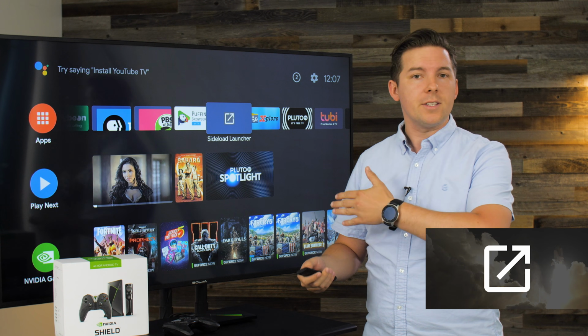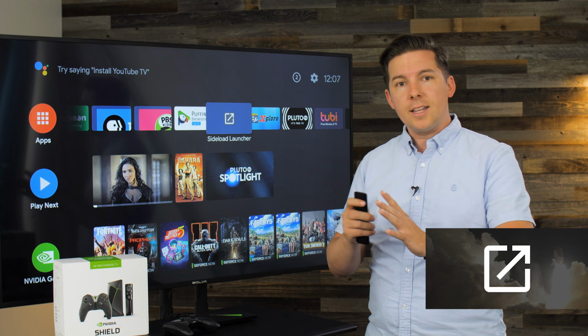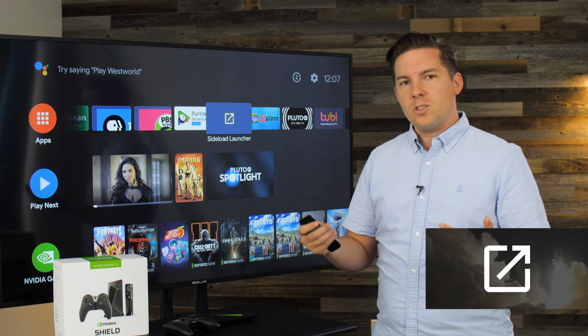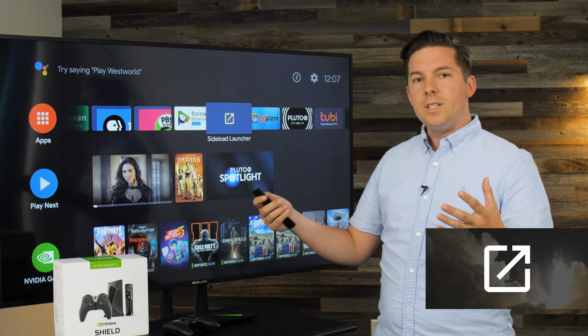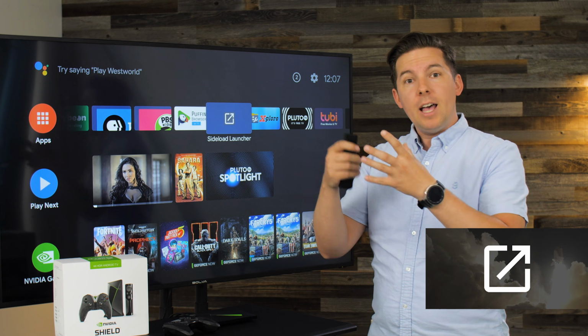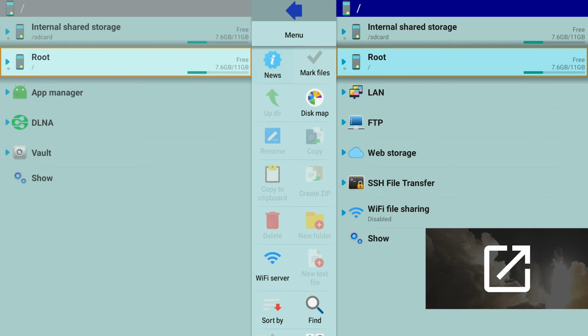But if you want to access your Google Drive files here on your TV, you're going to need to sideload that. It's a sort of complicated process that we're not going to go through today, but you would download that app elsewhere and then use something like the Explore File Explorer to bring it into your Android TV. But once it's there, it's not going to show up in your home page.